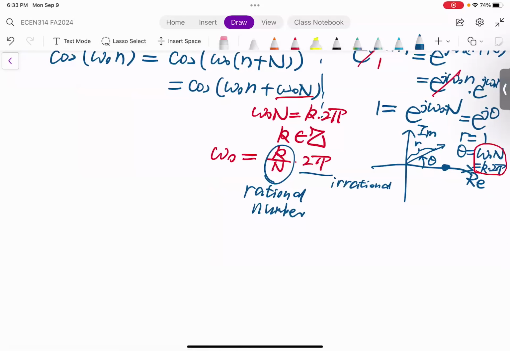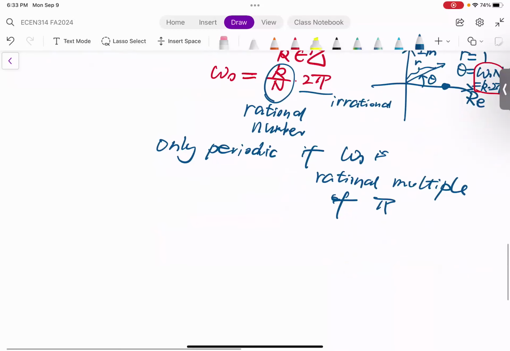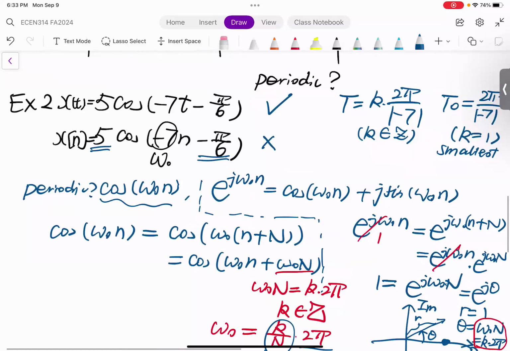So we learned that it's only periodic if omega naught is a rational multiple of 2 pi, which means it's also a rational multiple of pi. Apparently omega naught in this case is -7. It's not a rational multiple of pi, so it's not periodic. Okay,